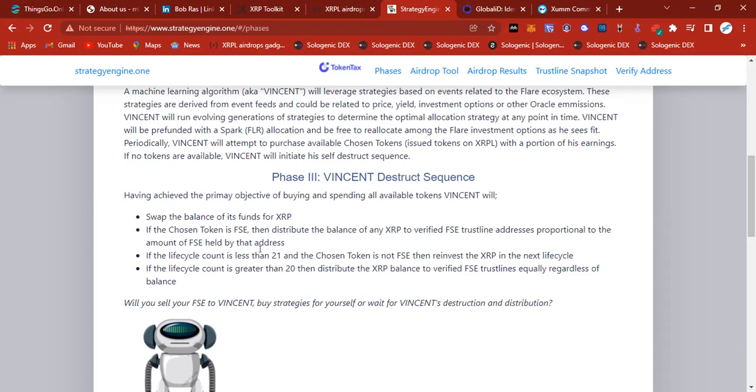If the life cycle count is less than 21 and the chosen token is not FSE, then it will reinvest the XRP to the next life cycle. If the life cycle count is greater than 20, then it will distribute the XRP balance to verified FSE trust lines equally, regardless of the balance. So what this bot is doing is basically choosing tokens to trade against and to distribute more FSE tokens out to us